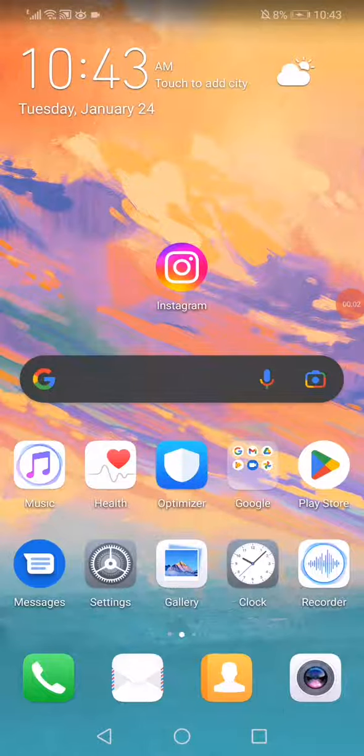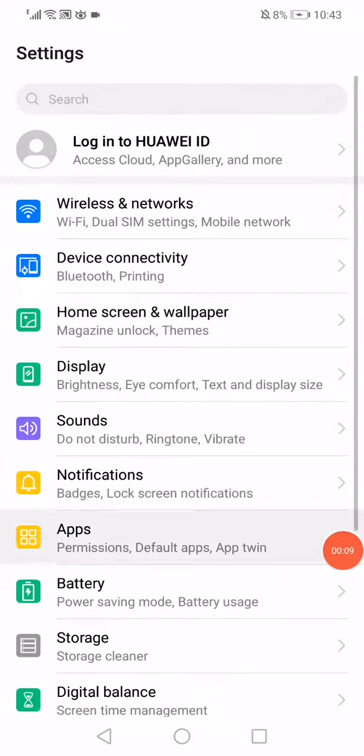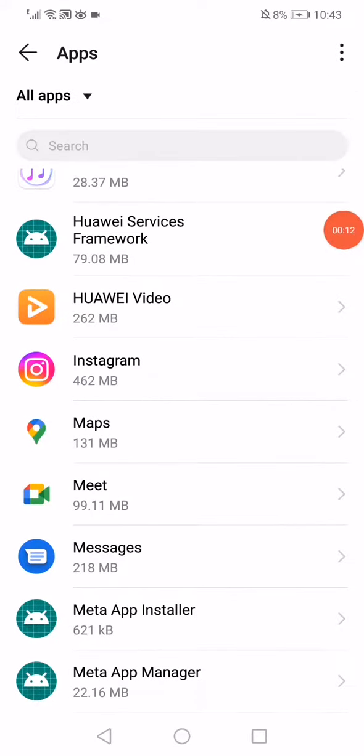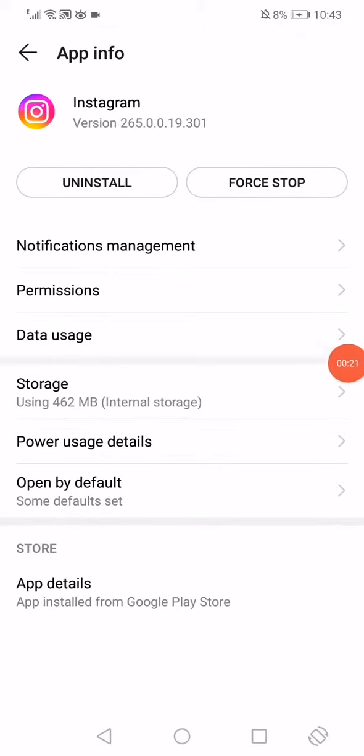How to fix Instagram "try again later" easily and fast. First thing, open the settings on your phone and then open the apps manager. When you go to the apps on this page, you will find all the apps that you have on your phone. So all you have to do is go to Instagram, click on this option